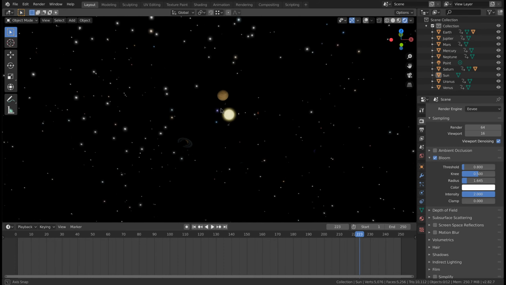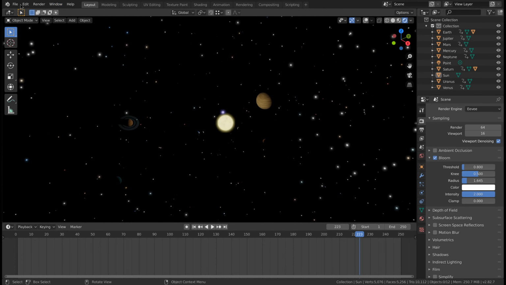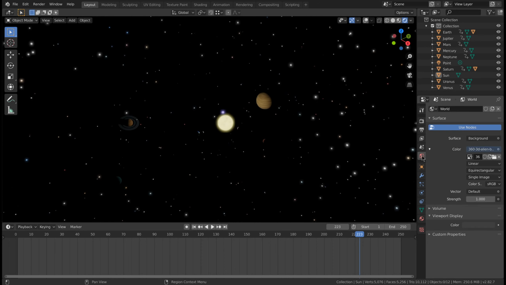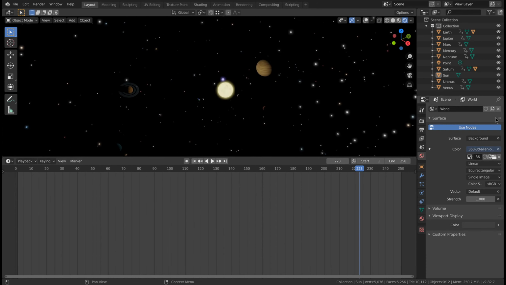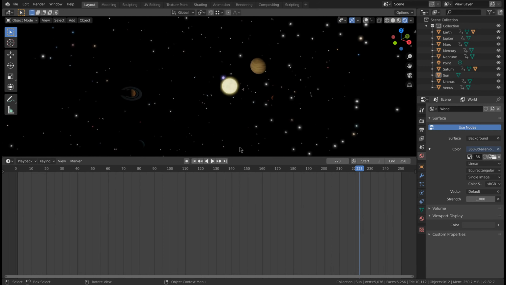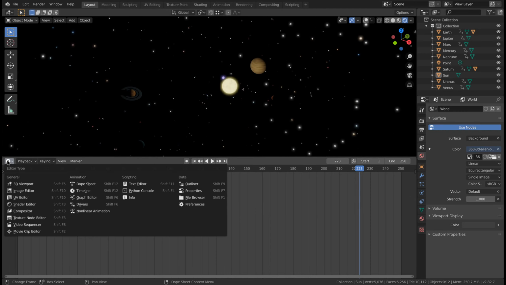And I'm going to show you something more. What I actually want to show you is what you can do with the background. Now, the background, as it's a node, first of all can be animated too, the HDRI, and we can also change some of the properties. Let me show what I mean. If we go in the shader editor,